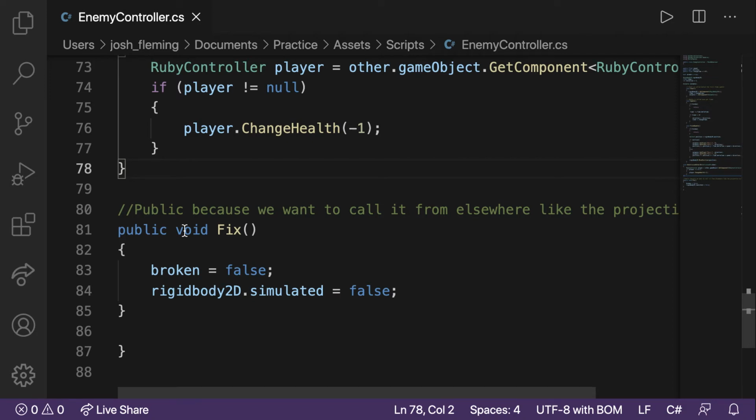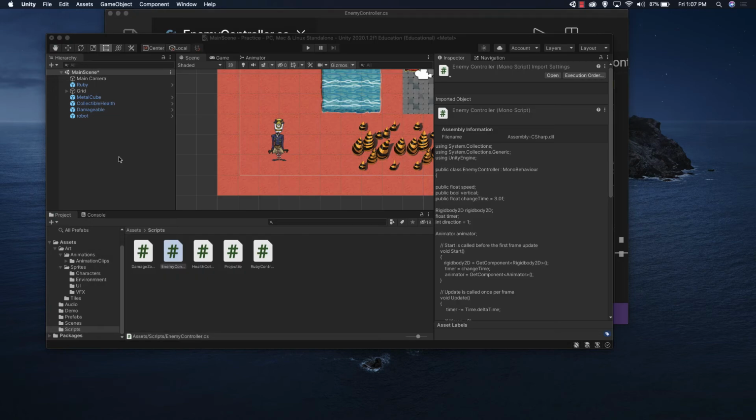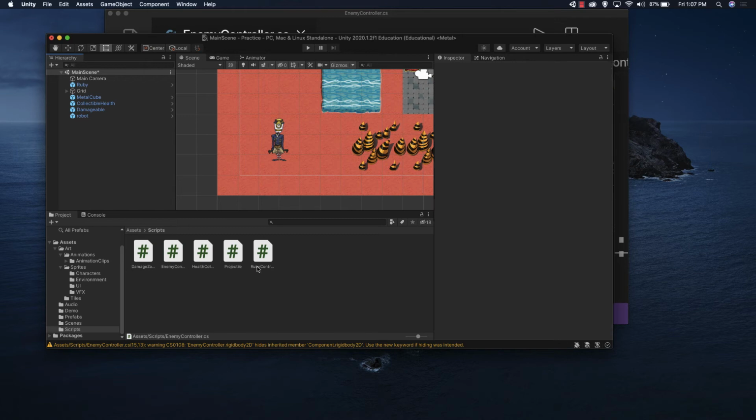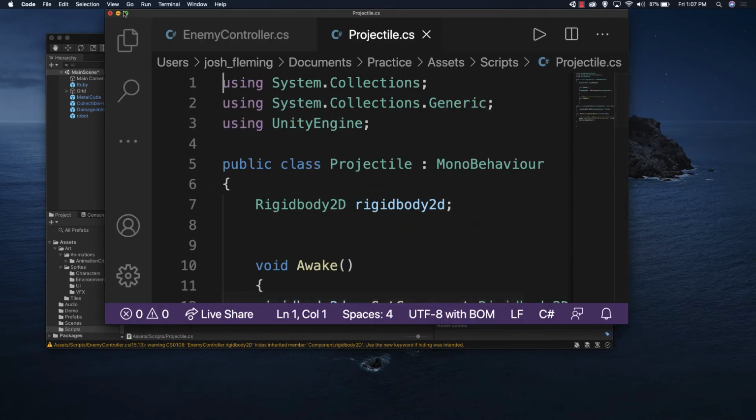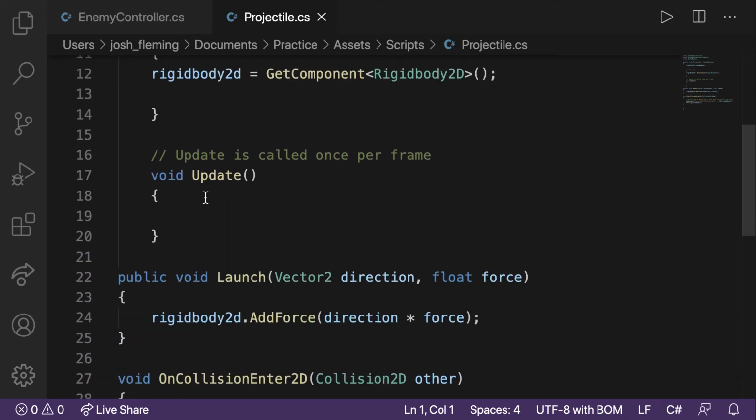We're going to have to now work with our projectile script. This projectile script is going to have to call upon that fix function that we just wrote in our enemy script. So let's go ahead. OK, so now we go here to projectile. So this is our projectile.cs, and we're going to go ahead to our collision